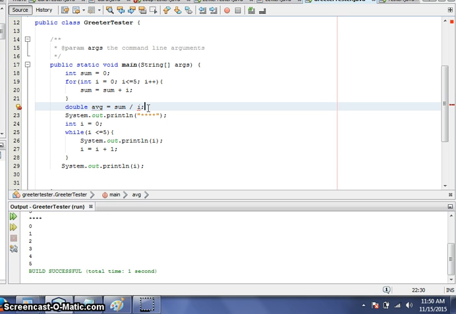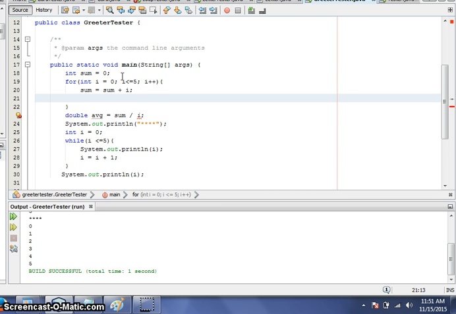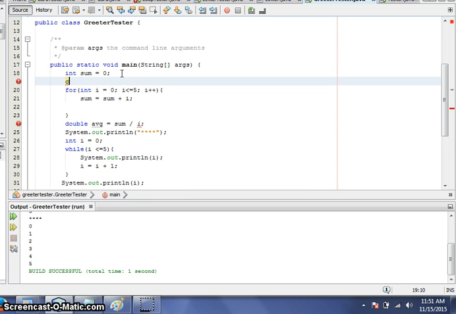No, that would work. Sorry, my mind's not thinking. I have 6 numbers, 0, 1, 2, 3, 4, 5. That's 6 numbers. I is 6 at the end of the loop. So I want to use that for my average. Well, I is destroyed. It doesn't exist. That's a problem. So to get around that in the for loop, I have to say